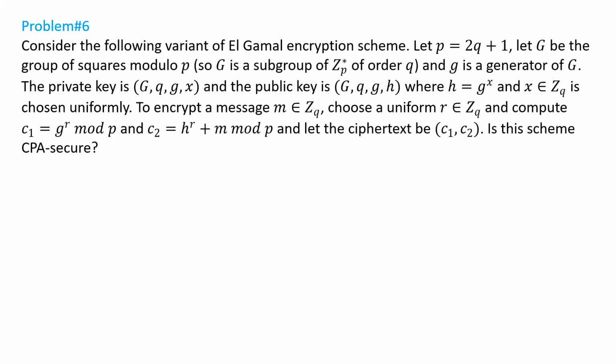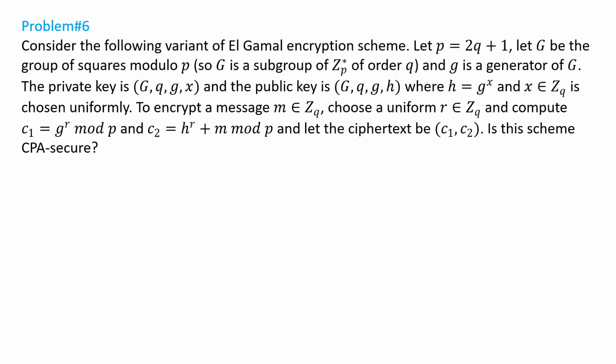Any two elements inside G, if operated with the group binary operator, then due to the closure property, the output also belongs to the group, right? But although M and H belong to the group G, their addition output may not belong to group G. But what is ensured is that whatever message M